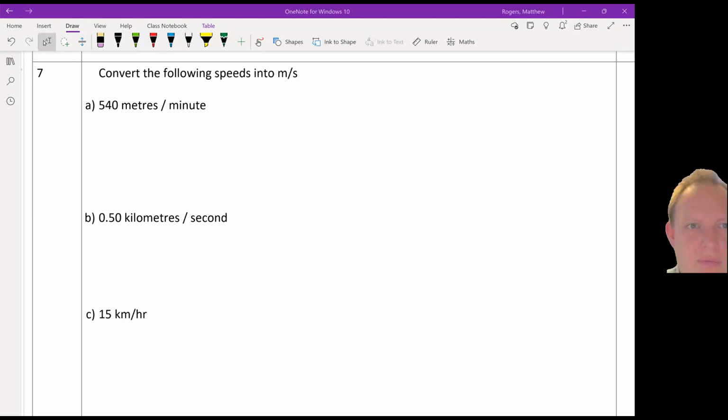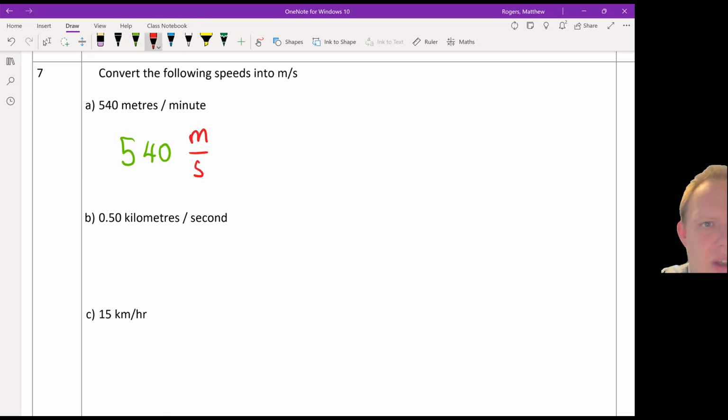Question 7 is about converting units. So once again, as we talked about up to books, if we want to convert units, we need to be really careful with our unit fractions. And because of that, we include them in the thing that we write down. So I'm going to try and write my numbers in green, my units in red, and my functions each time in blue. So I'm starting with 540